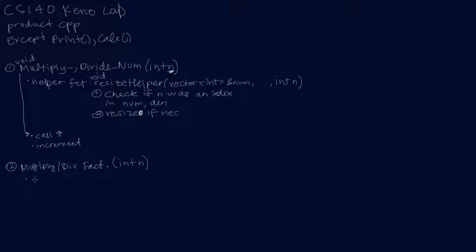So you can use multiply and divide number inside multiply and divide factorial. You can use work you've already done. So this just should be very short. I can't really say a whole lot about it, or I'd just completely give it away. It's that short. If you're really stuck and it's just confusing you, one hint that you can think about is